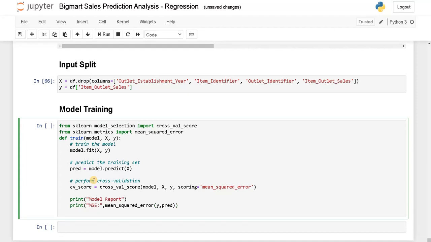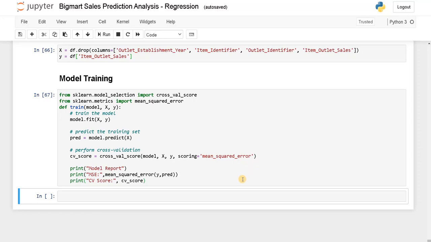And after that, we need to display the CV score. Print CV score, CV underscore score. Now we have defined the model. Run it.